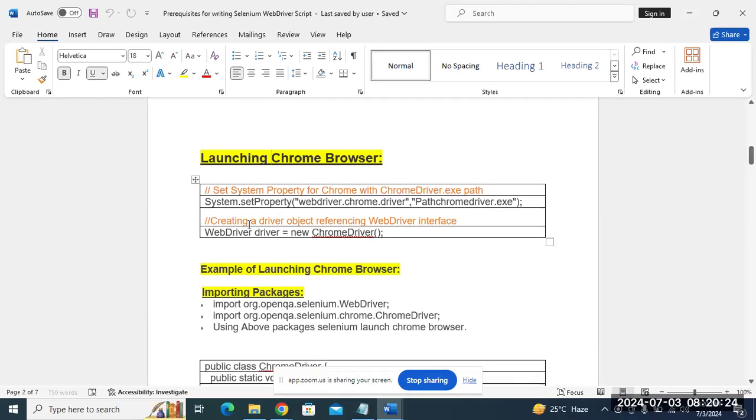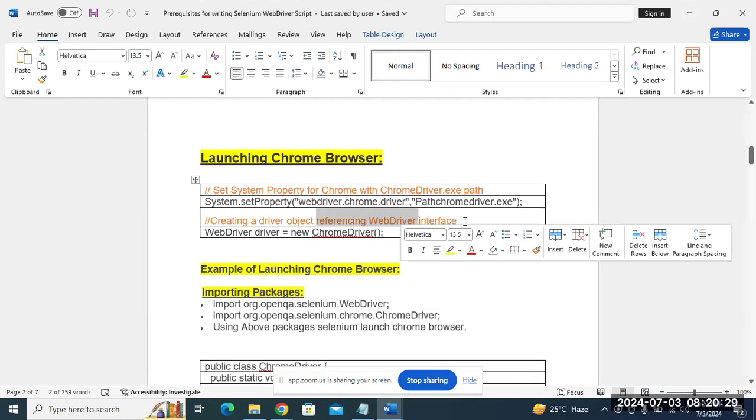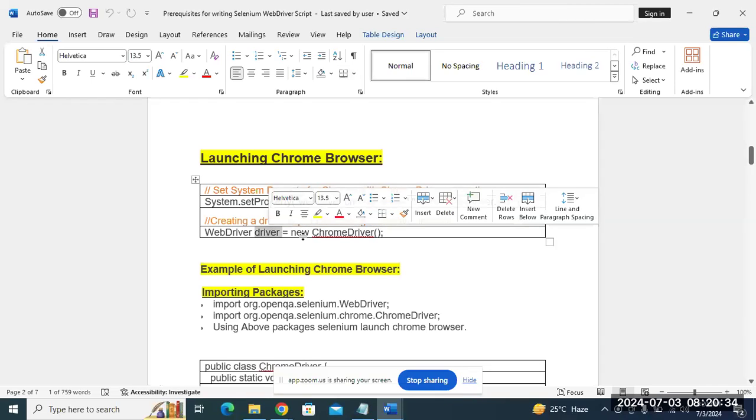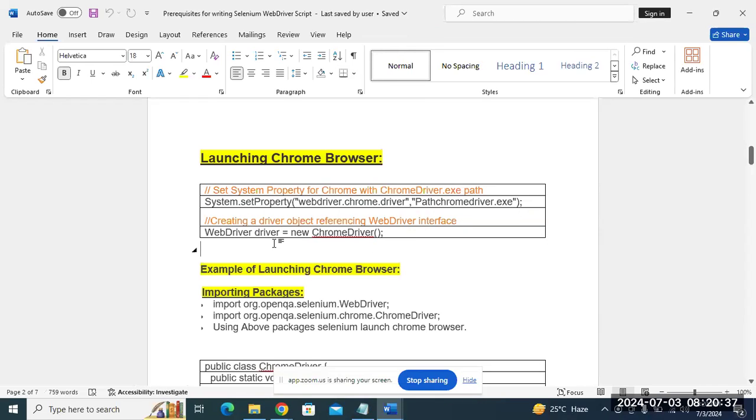So what we are doing, creating a WebDriver object referring to the WebDriver interface. We are creating WebDriver, giving that object equals to new Chrome driver. Simple 2 lines of code. If you are using Selenium 4, the latest one, with the latest browser. Previously, if you were using an old Chrome browser, then the browser would not be supported. You need to download the browser and you need to provide